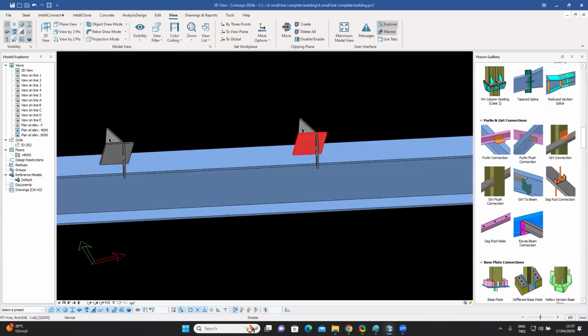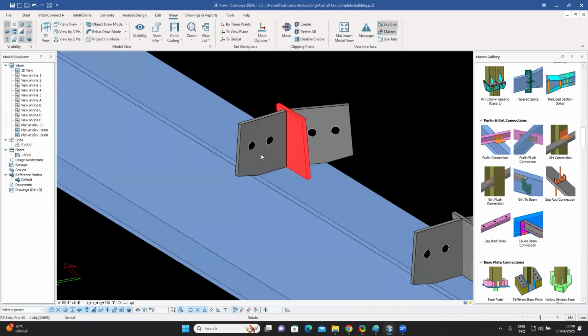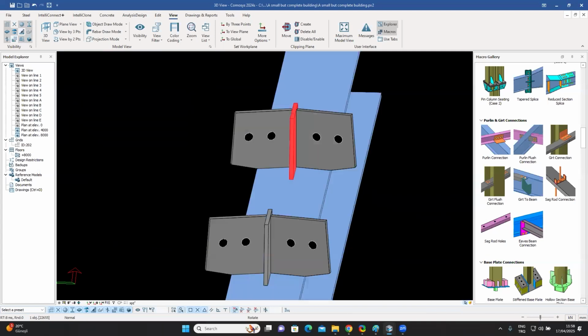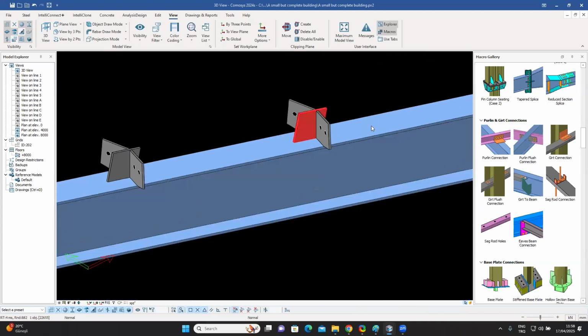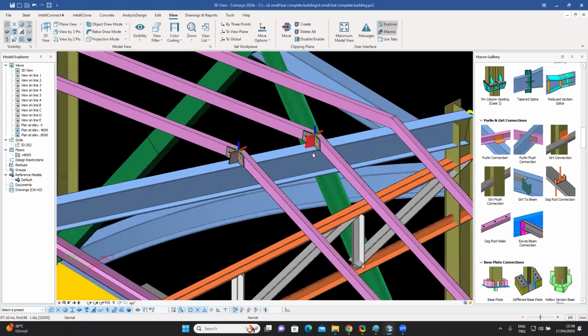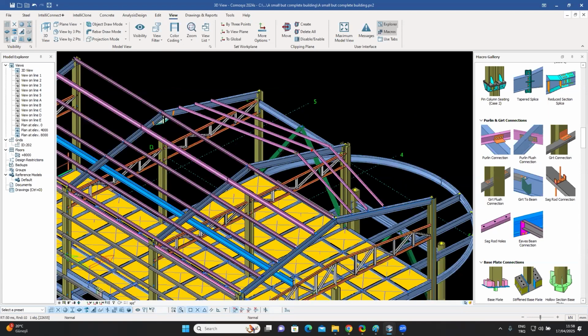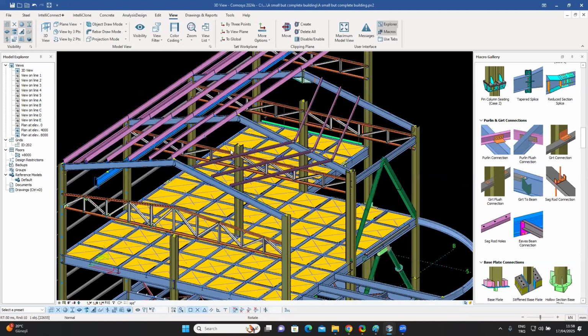So it has basically created this little contraption over here so that the purlin can be connected from this side and from that side quite easily. Let's just show all. We could have situations in which the purlins are like Z profiles, right? So maybe, this is a Z profile,